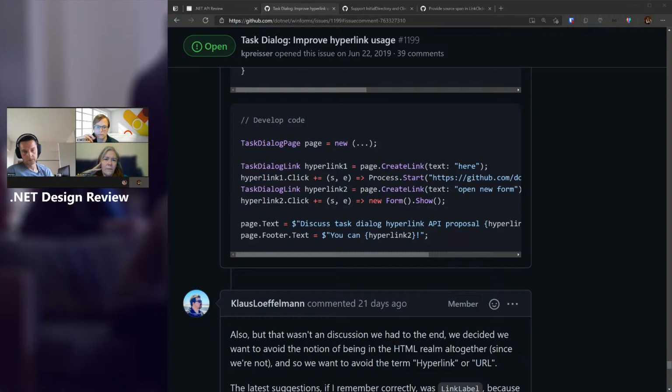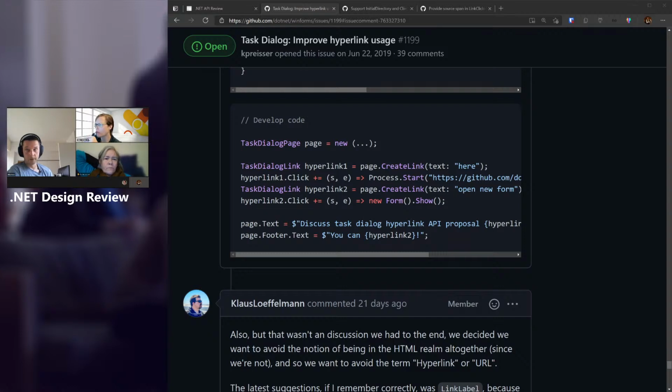Yeah, that's fair. On the other hand, though, I don't necessarily see that as a problem because, frankly, that would allow me to make the decision which model I'm going for, right? How would people today discover the unassisted model? They basically literally have to read the docs, right? There's no way you just accidentally notice that, I can derive from the task dialog page and overwrite this virtual, right? That's not something you can very quickly discover, right? If you see both, there's a hyperlink click event, and then there is I can also create links and they give me back a link. I may make the connection that, I can either do the object model approach or I can just handle any link with a generic handler, right?